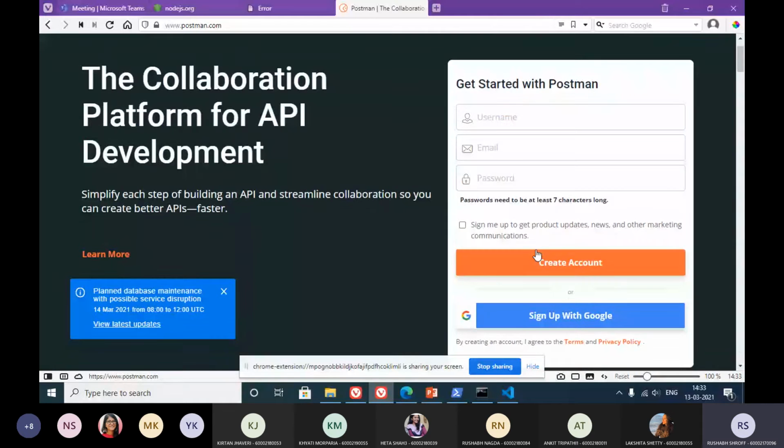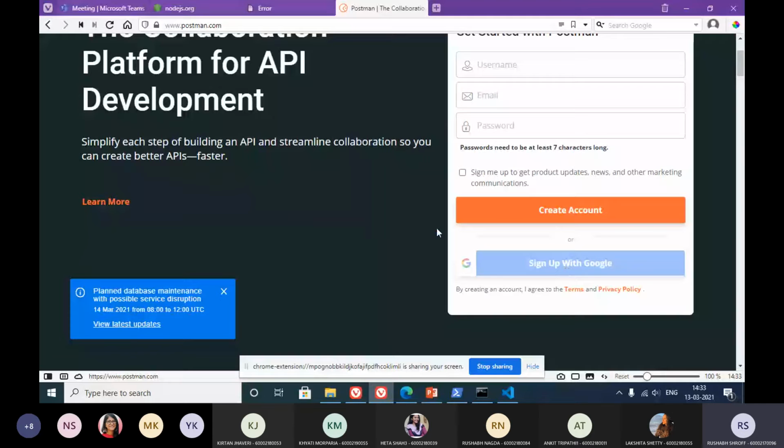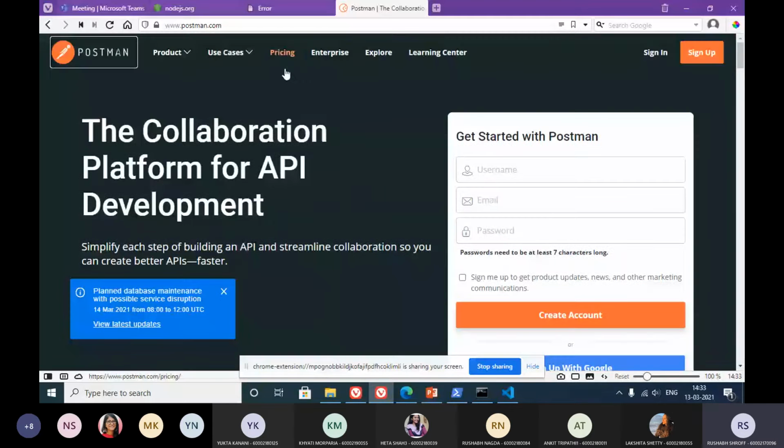You need to create an account with Postman. It is now compulsory. You just go ahead and create an account, and then you can download it. It's free for you to use on your local PC and for testing purposes.